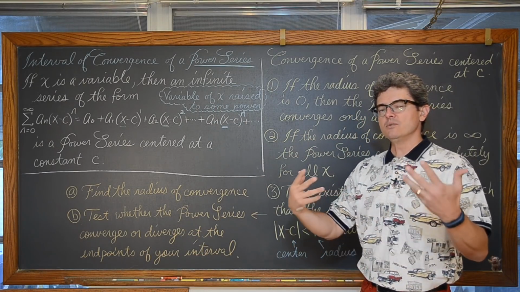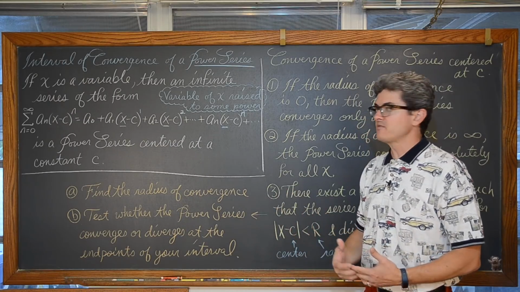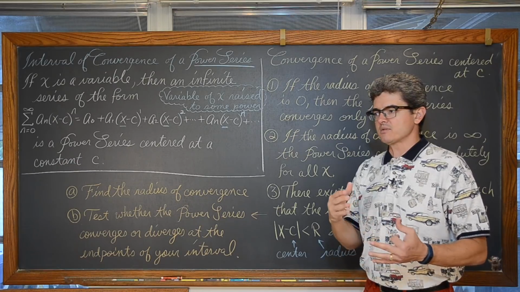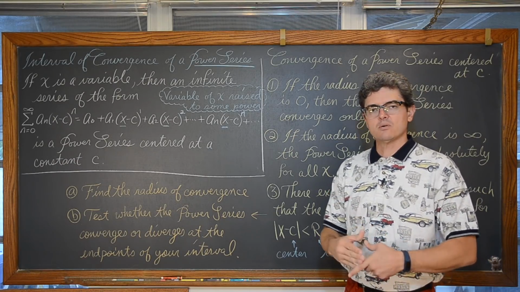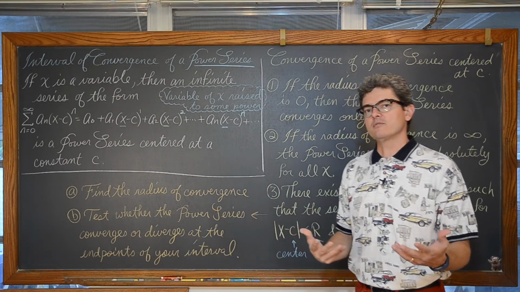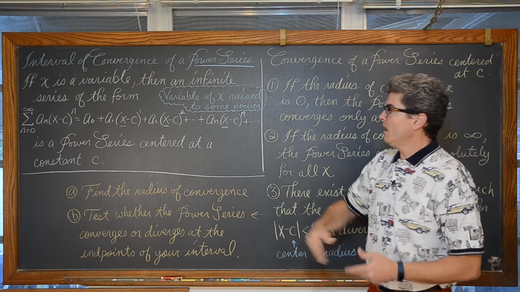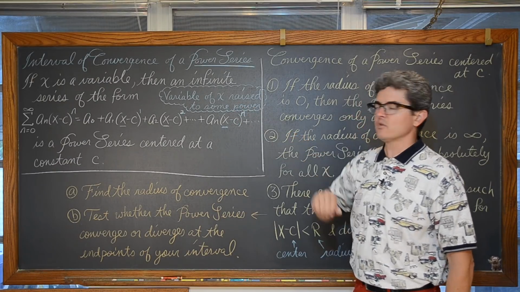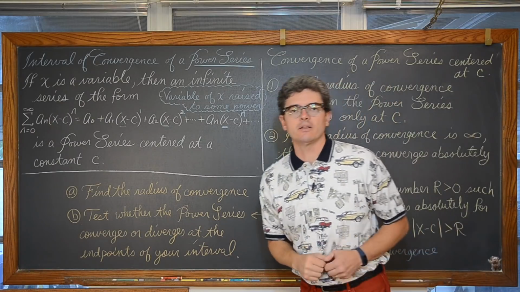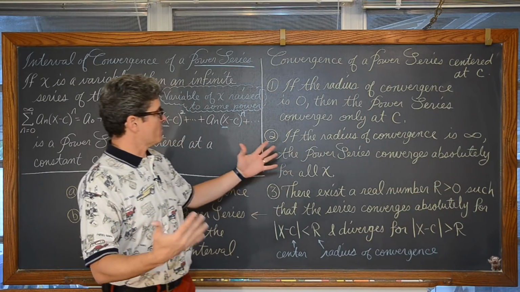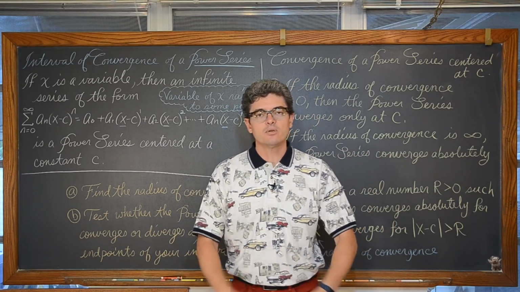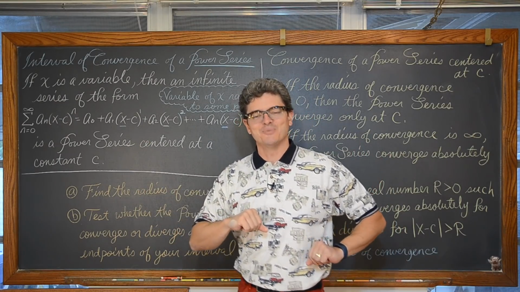That's where, once you plug in some particular x values into the series, you start looking at it and trying to go, okay, was this a harmonic or alternating harmonic series? Is it a geometric series? Is it something that we need to apply a limit comparison test to? We need to determine whether this series converges or diverges at the endpoints of our interval to come up with our final answer. Now, this is a lot of words and writing, and hopefully it makes sense, but I think doing these three examples is going to clarify this for you. The first one coming up right now.